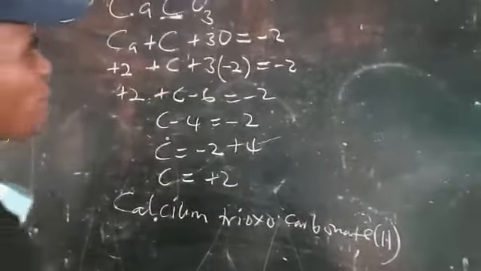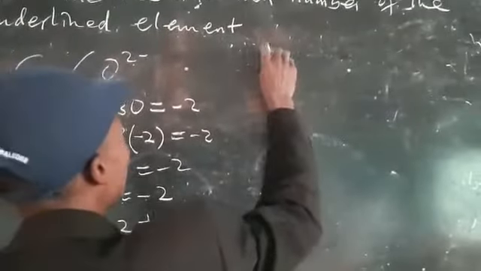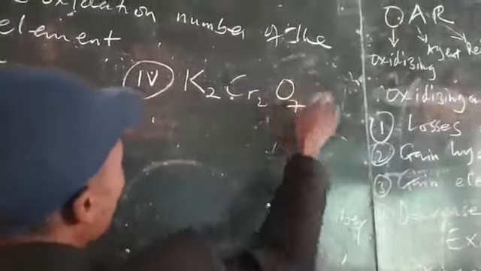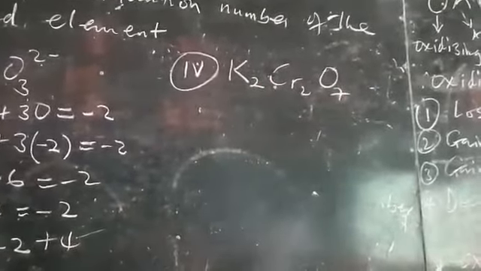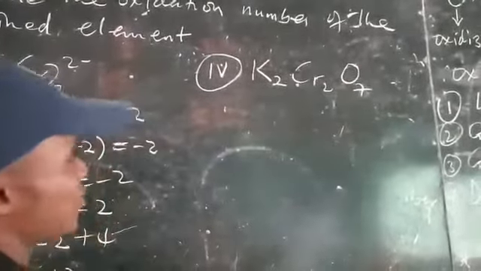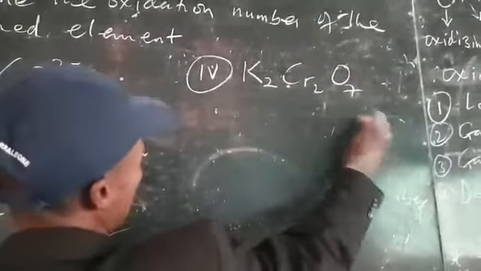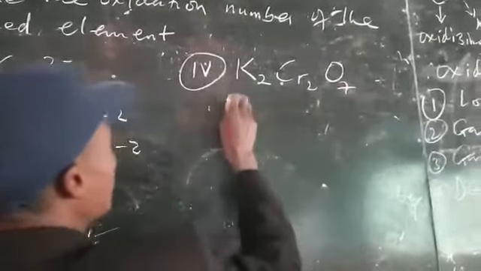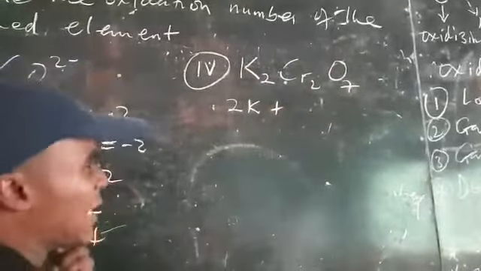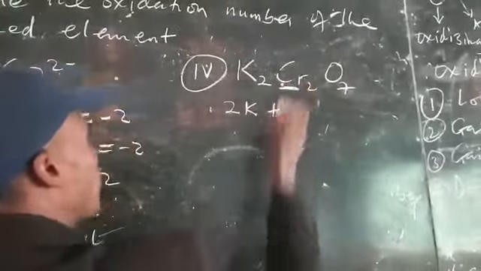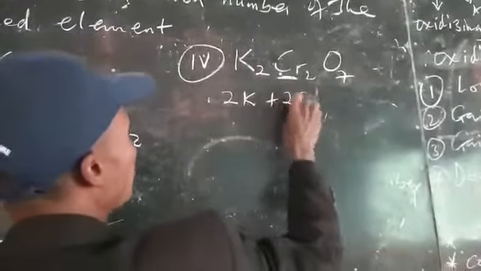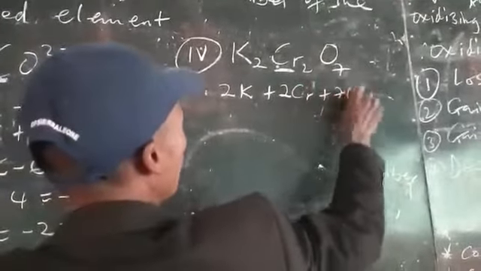Now the last example we look at will be number 4. Let us say we now have K2Cr2O7, a compound like that. That compound is also a neutral compound. When you look at it, it's a neutral compound because there is no charge here. Since there is no charge, you add all the oxidation numbers of the various elements involved, equal to 0. We have 2 potassium atoms. Let us not forget, chromium is underlined, the Cr here is underlined. So we have 2 potassium atoms, 2 chromium atoms, plus 7 oxygen atoms equal to